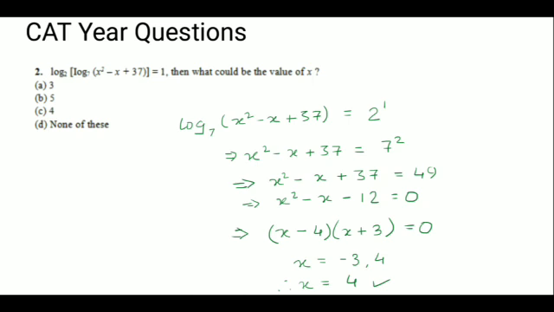Now I can write it over here like this. Now common sense says that if the product of two things is giving me 0, if the product of two factors is giving me 0, then one of them has to be 0. So x is equal to -3 या फिर 4. Now -3 तो यहाँ पे ऑप्शन में दिया हुआ नहीं है, so what should it be? x is equal to 4.